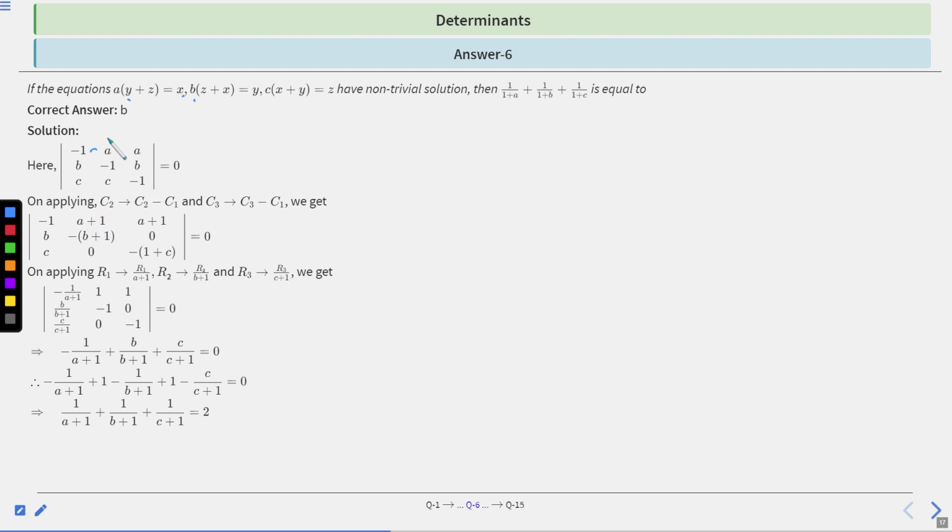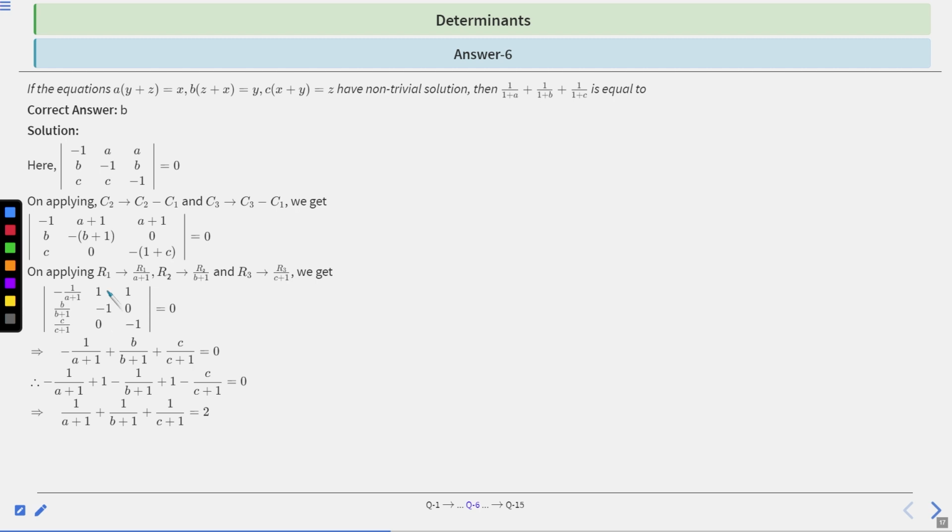On applying C2 with C2 minus C1, and C3 with C3 minus C1, we will get minus 1, a plus 1, a plus 1; b, minus of b plus 1, 0; c, 0, minus of 1 plus c, equal to 0. Determinant value of this equal to 0. Now on applying R1 with R1 upon a plus 1, R2 with R2 upon b plus 1, and R3 with R3 upon c plus 1, we get